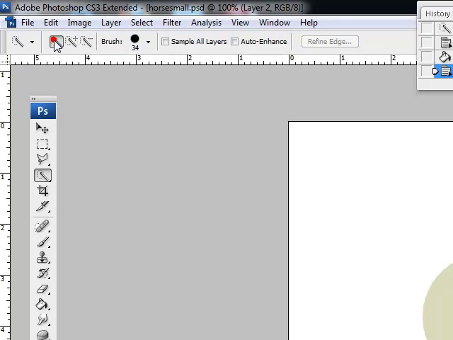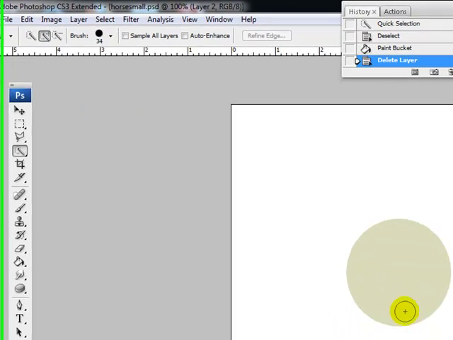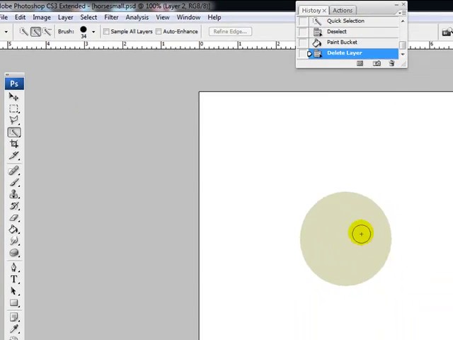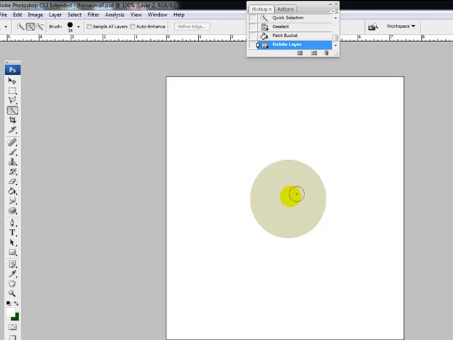And if you go to the top, this is getting the quick selection tool, adding to the quick selection tool, and subtracting from the quick selection tool. I'll show you how these work. So we want to just select this circle. So you get the plus sign, and you see the plus sign in the middle. You click on the add to selection tool, click on this area, and it selects this area right in here,